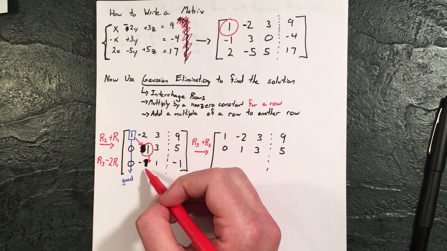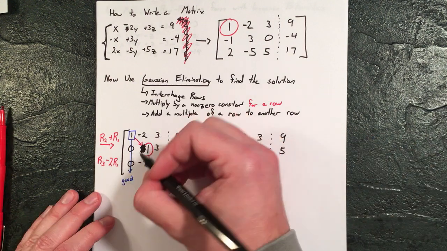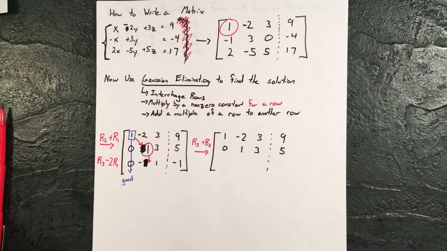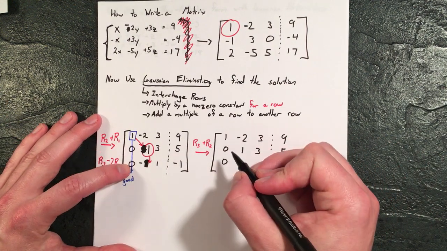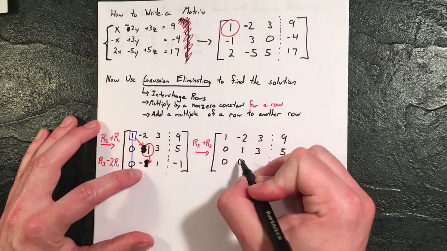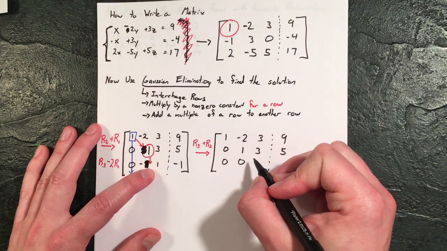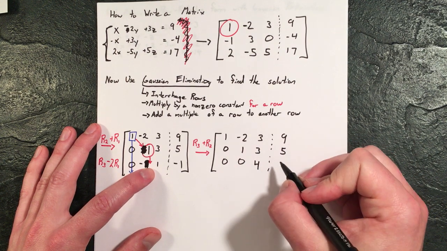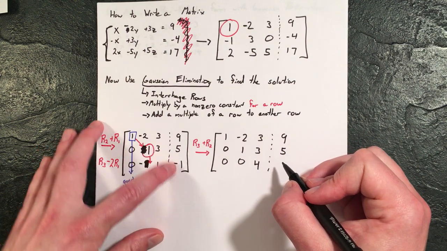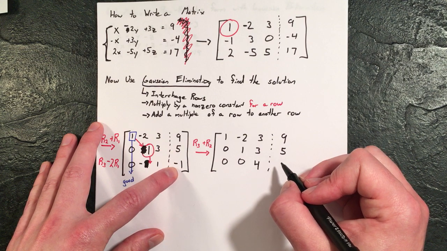Because that's a positive 1, that's a -1. Keep in mind through my mistakes already. So we just add these together. 0 plus 0, 0. 1, -1 is 0. 3 plus 1 gets us 4. And 5 minus 1 gets us